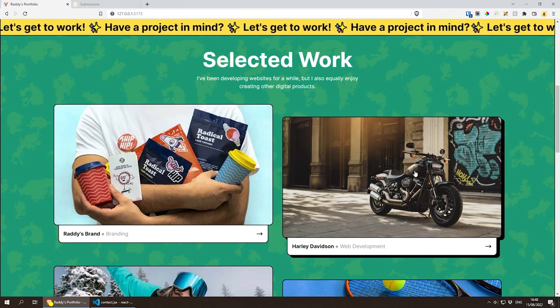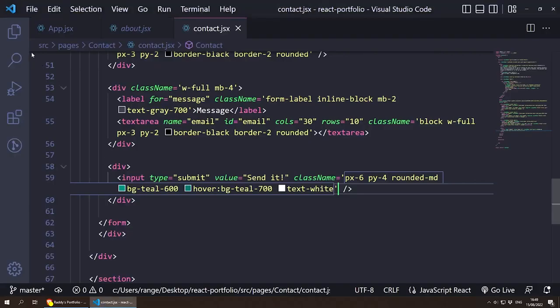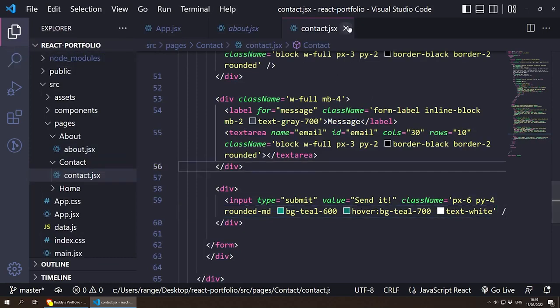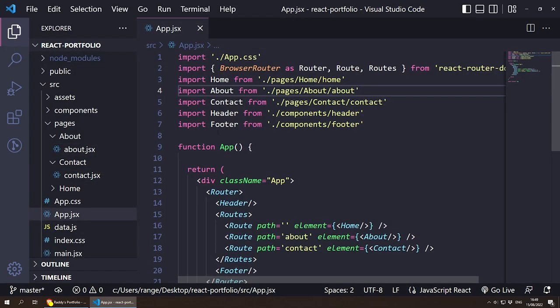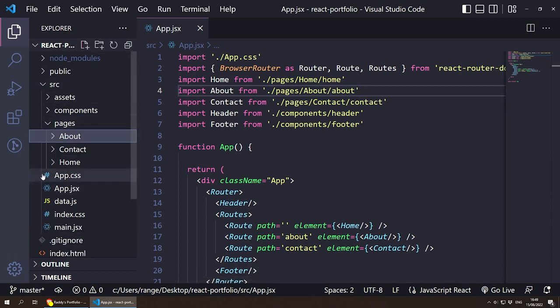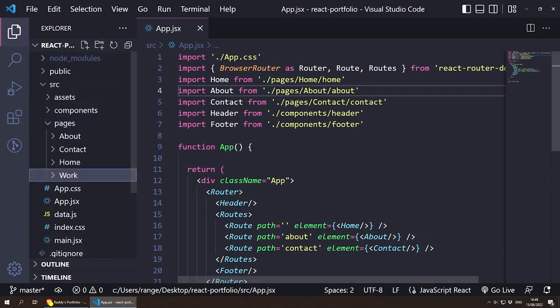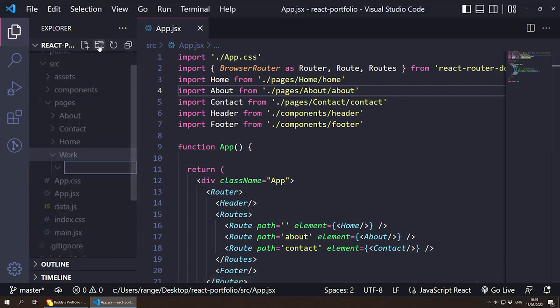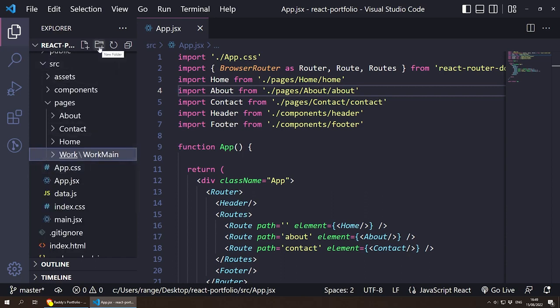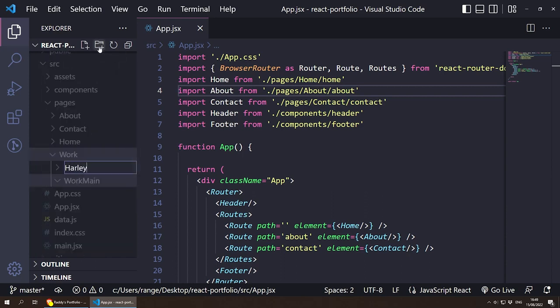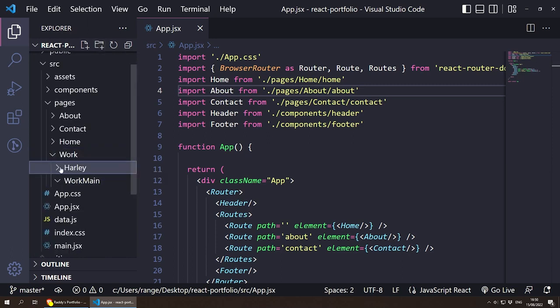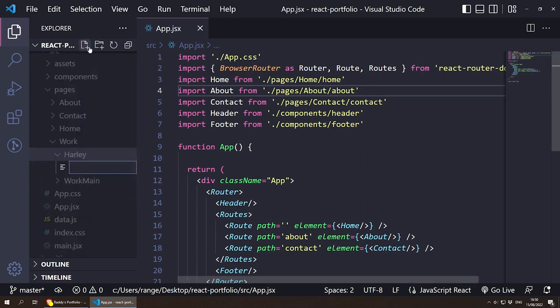So let's create the Harley Davidson portfolio page super quickly. We're going to go back to the code editor. Remove pretty much everything that we don't need. We're going to have to create a new page. So what I was thinking is that if you're going to have a few different portfolio pieces, maybe inside pages, we can have a work folder. And inside this work folder, you could potentially have another folder called maybe like work, main page, and so on. And then for the other pieces of work, you could potentially put Harley, let's say. This is how I'm thinking about it. And inside Harley is where we're going to be creating the page. So let's create a new file, and I'm going to call this one